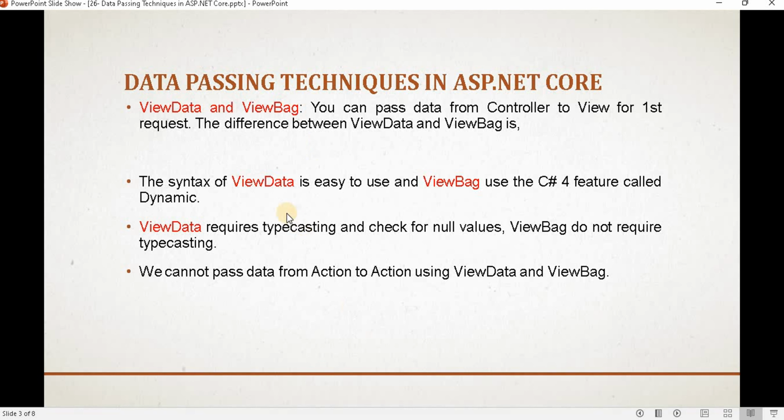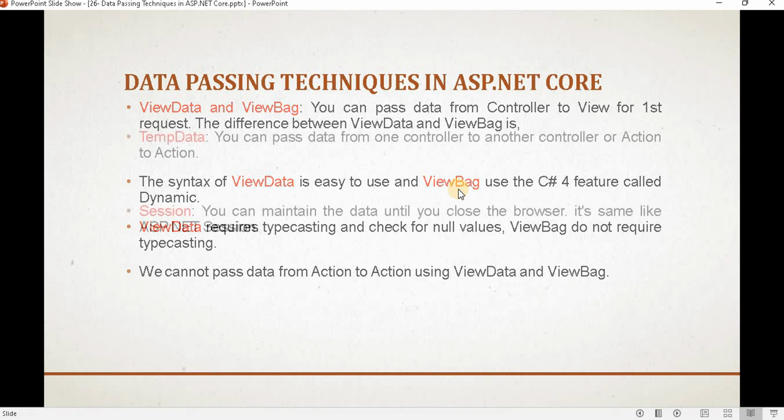The difference between these two is the syntax. With ViewData we have to do typecasting, but in the case of ViewBag there is no need for typecasting. ViewData is basically a type of dictionary, so we use it as a dictionary and do the typecasting on the view side. In a bit we will see how we use ViewData and ViewBag.